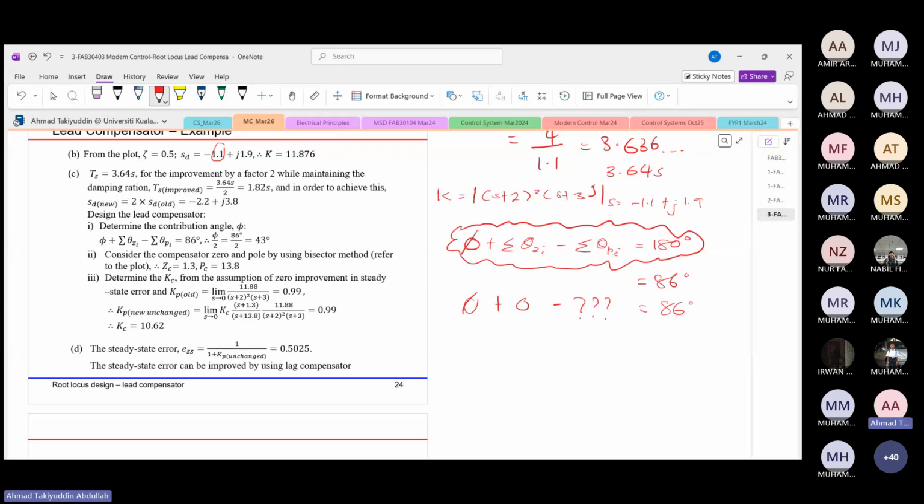Okay, sir. Right. So once I get the phi, that will be 86 degree. I'm going to divide it by 2 because this is going to be the consideration method that I'm going to use, known as the bisector or bisectional method. So once I have it, it will be 43 degree, so I'm going to plot this condition of 43